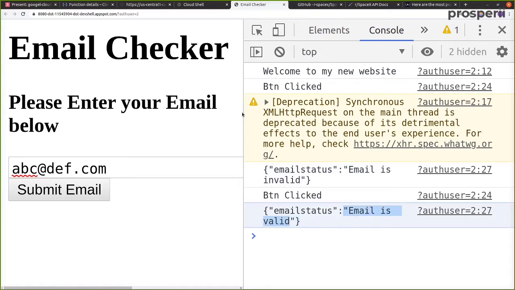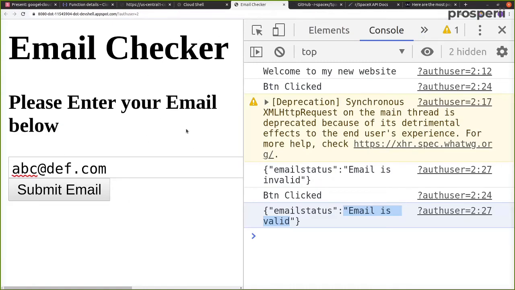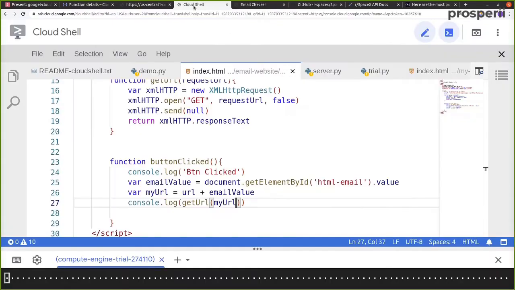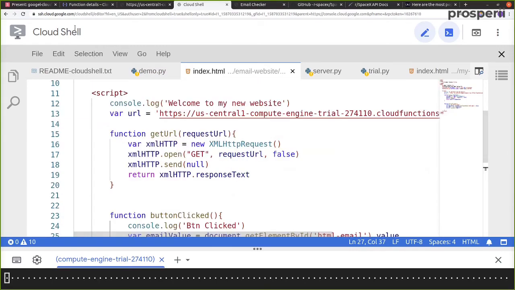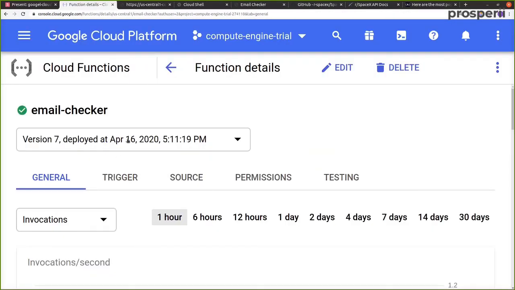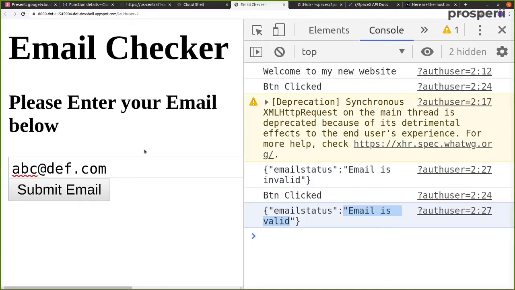And essentially now let's understand what heavy computation is happening behind the scenes. Okay, so essentially we have made a request on the front end. This request is given to the particular HTML page. This HTML page is then making a request back to the Cloud function, and with this we are getting some output from the Cloud function. So with this we have completed a very simple project.